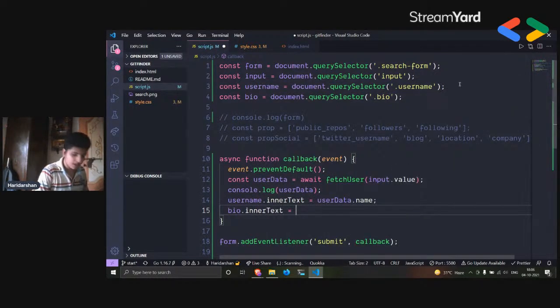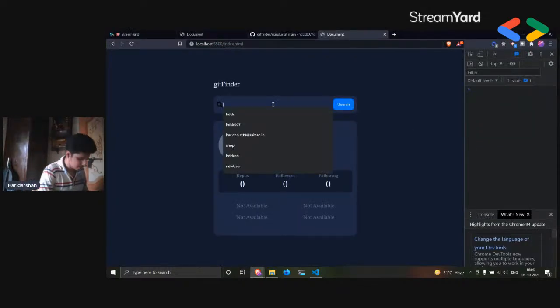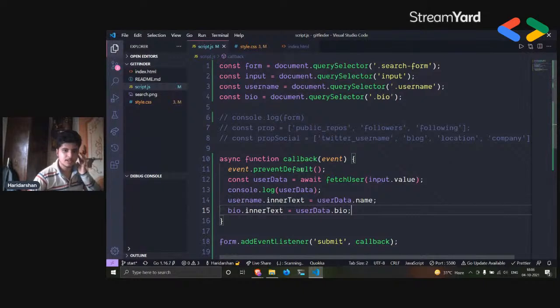We have this bio dot innerText, and we have this user data dot bio. So now, along with the name, you'll also see that it also changes the bio, which is this. It changed the username, it changed the bio, and lastly, we can also do this for images too,